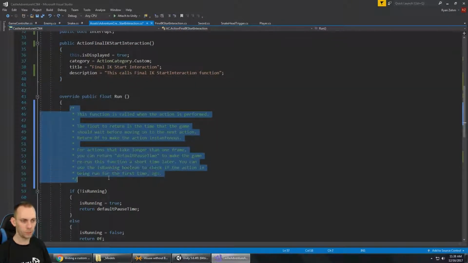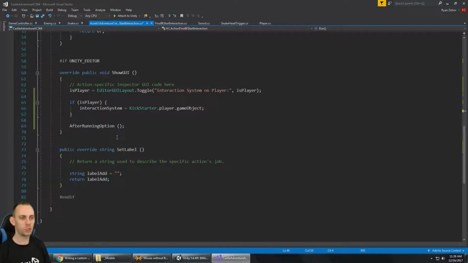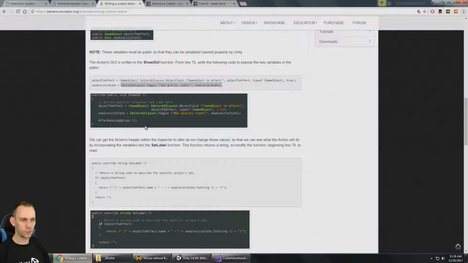And I'm going to get rid of this code here, that comment, so we don't have to scroll so much. Now back to show GUI. We're going to say if it is the player, then interaction system is player kickstarter player.gameObject. So if the interaction system is not on the player, then we need to find that, and we'll start with this